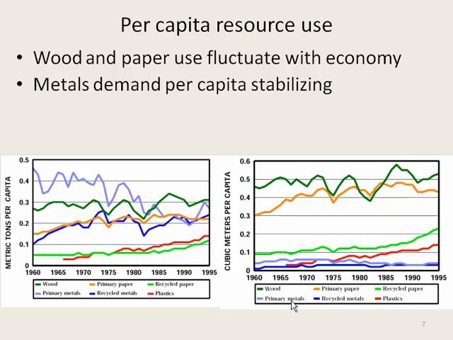Our use of metals has stabilized for the most part, whereas we use probably more things made out of plastic, and you probably have commented on this or have heard it commented on, that plastic has replaced the role of metal in many areas, and thus our demand for metal products has not continued to increase the same way that plastic has. Plus, with metal recycling, there's a lot more reuse going on.